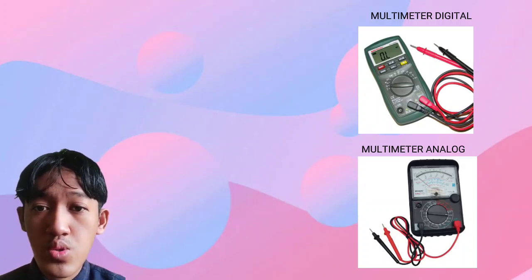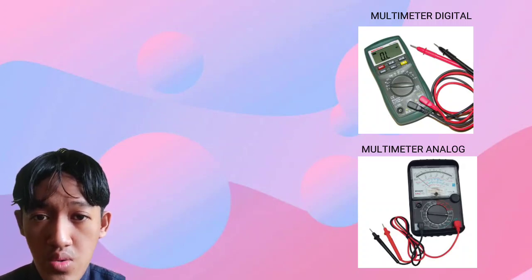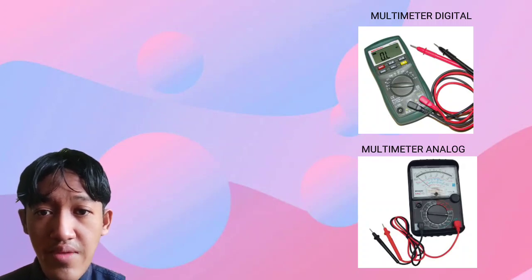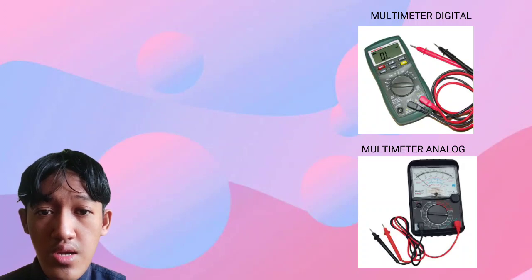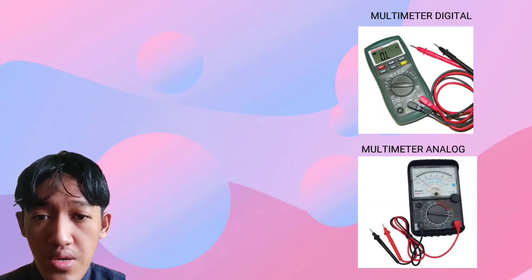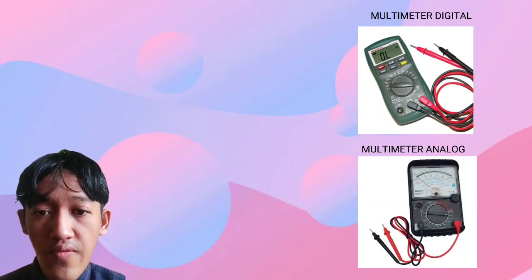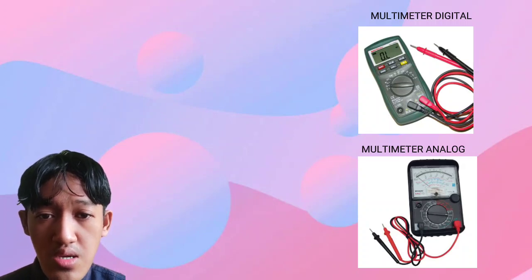The next is 2. Digital multimeter. A digital multimeter, or often also referred to as a digital multitester, is a type of multimeter that uses a digital display as a display of a measurement result. The measurement result displayed on the digital multitester is the appropriate result, so there is no need to calculate the measurement result and measurement limit. Digital multimeters are used more often because they are much easier and more accurate. The measurement result can be easily read on the digital screen.